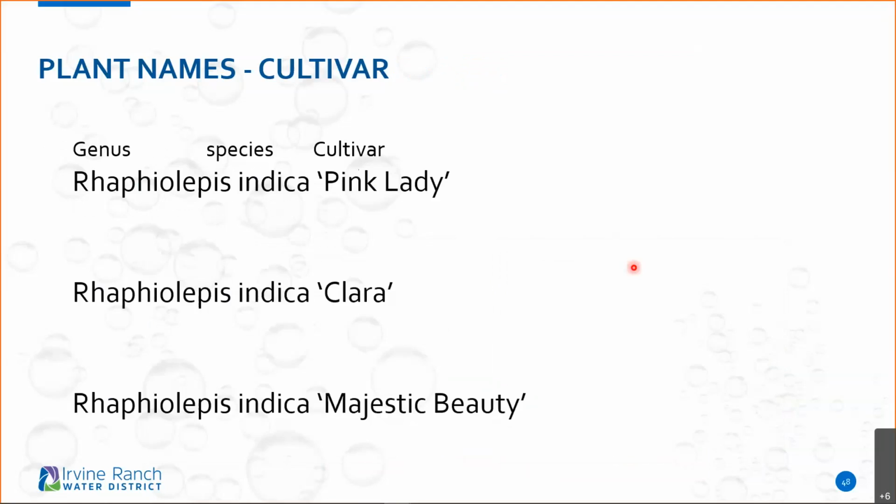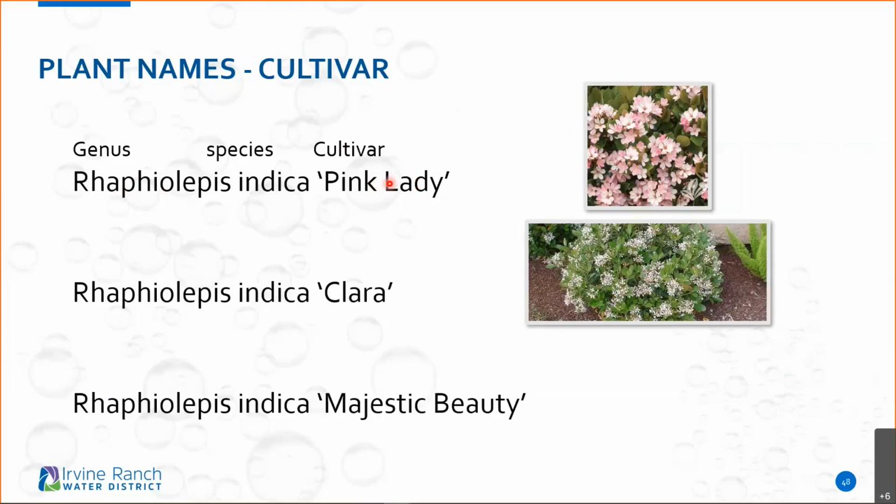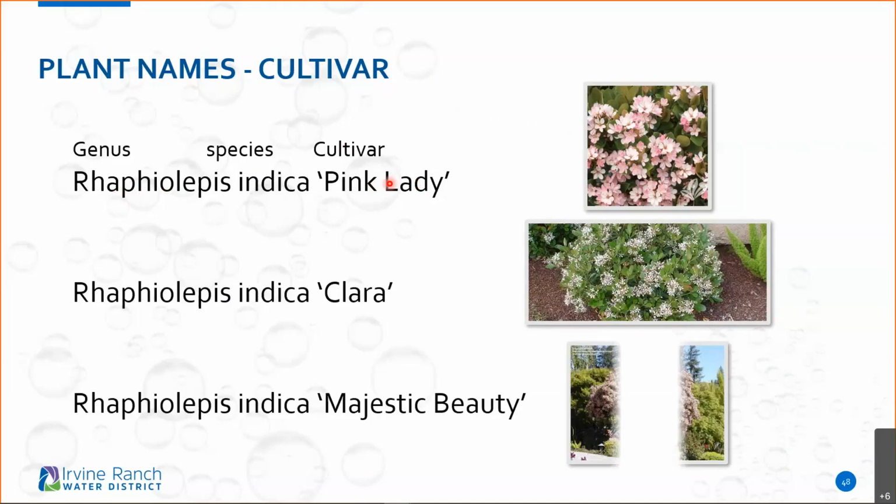Now, here are some plant names, some different cultivars. Here's Rhaphiolepis indica. When we look at cultivated species, here we have the genus and species, but this is the cultivated name, something that was hybridized for us to purchase. Very easy to find all of these. I love Pink Lady. This is Clara, so if you like the Indian hawthorn but with a white flower and a slightly different leaf. There's also Majestic Beauty, which makes a beautiful small tree. So you have different cultivars of this same genus and species of plant, and the common one is the simple Indian hawthorn, which you see out there quite a bit.